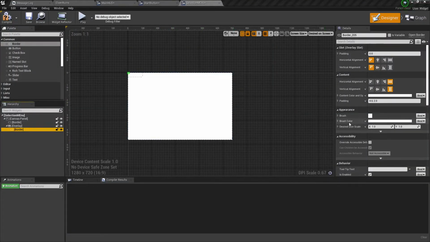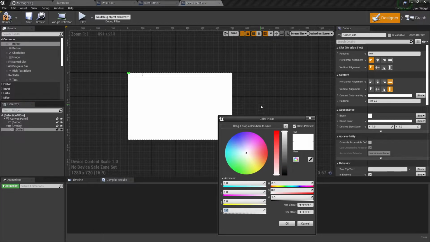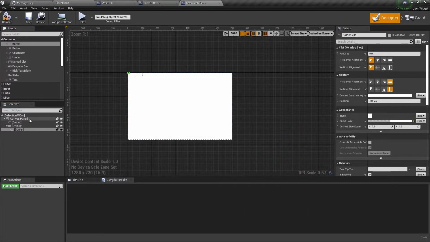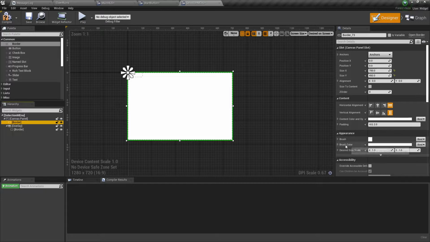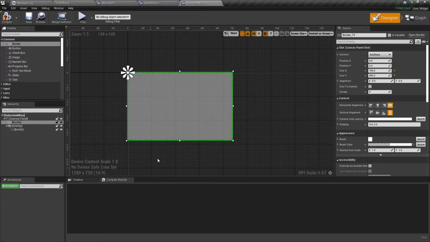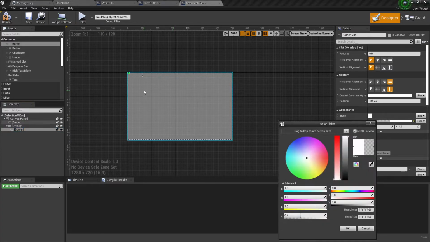Right, so the border there is bright white. So what we actually want to do is we want to change this brush color. We want to change the opacity down to, I don't know, something like 0.4 maybe. But obviously we can't see that effect because the border that we put in previously is still set to full color. I'm just going to click on this one and then set the alpha of this one to 0.4 as well, and that gives us this sort of hazy transparent effect. I'm actually going to turn my second border down to 0.2 just to make it a bit more transparent,